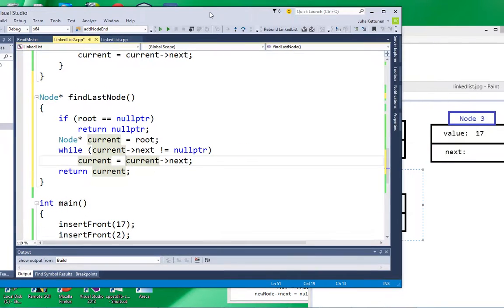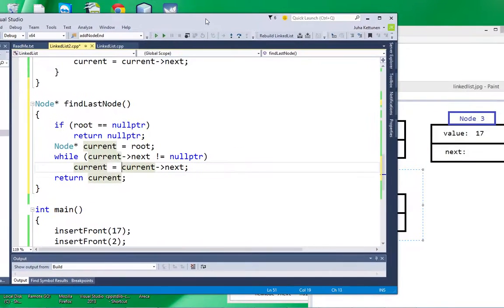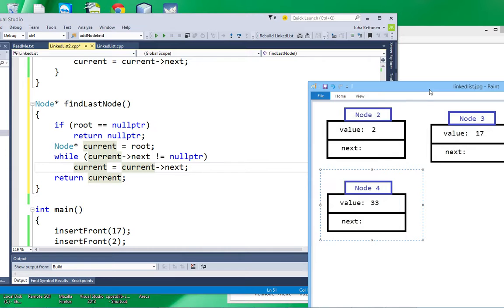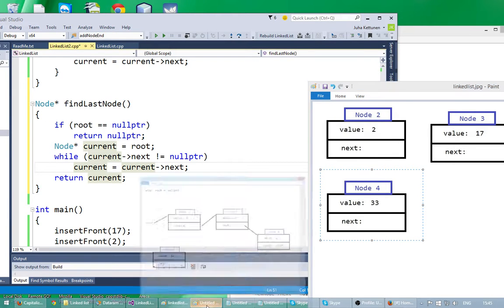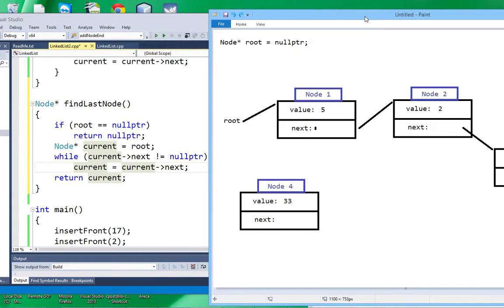We have done this kind of run before, so just one more time quickly. So first we say that while, for example here,